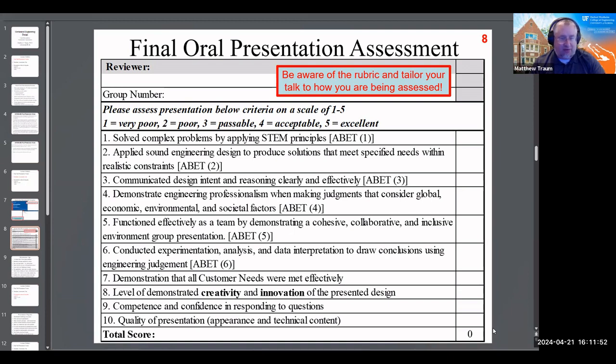You'll see an averaged aggregate version of the rubrics where you get the average score across all the metrics, and then an average total final score, and then any comments that the panelists want to make about your presentation. So all that will be sent to you via Canvas after we process all of it after the presentations are over. But just be aware that 6 of these metrics are based on ABET learning outcomes for the Mechanical Engineering